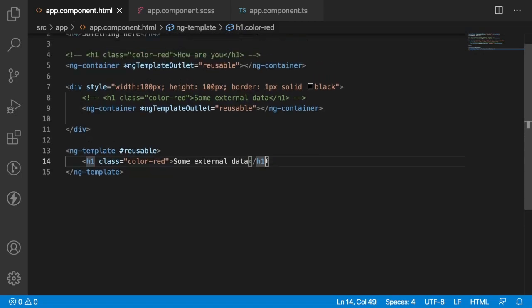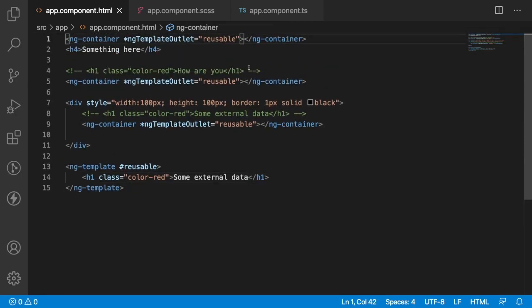So to see the dynamic value, how can we do it? There is a property called context, which acts as an object, and it will take an object for us.